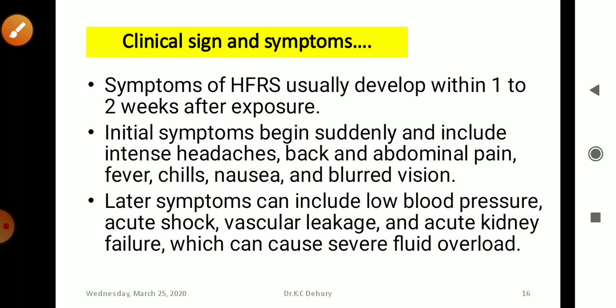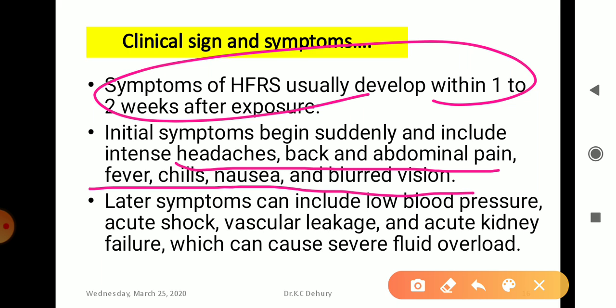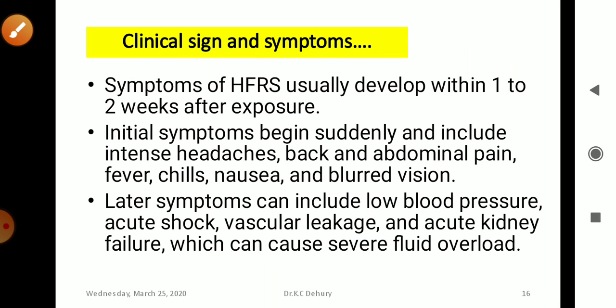So here the clinical signs develop within 1 to 2 weeks after the exposure. Initial symptoms begin suddenly and include intense headache, back and abdominal pain, fever, chills, nausea, and blurred vision. Later symptoms can include low blood pressure, acute shock, vascular leakage, acute kidney failure, which can cause fluid overload, because